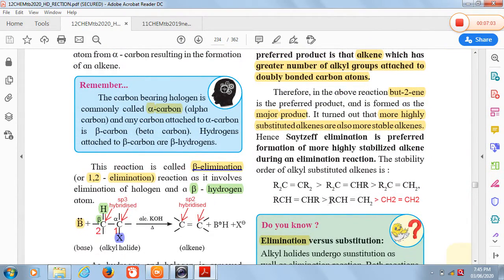And if you observe the stability order, for R2C=CR2 there are 4 alkyl groups, so it is tetrasubstituted. It is highly stable. Then the compound R2C=CHR contains a total of 3 alkyl groups, so it is trisubstituted. It is less stable than tetrasubstituted. Next, R2C=CH2 or RCH=CHR. Both these compounds contain